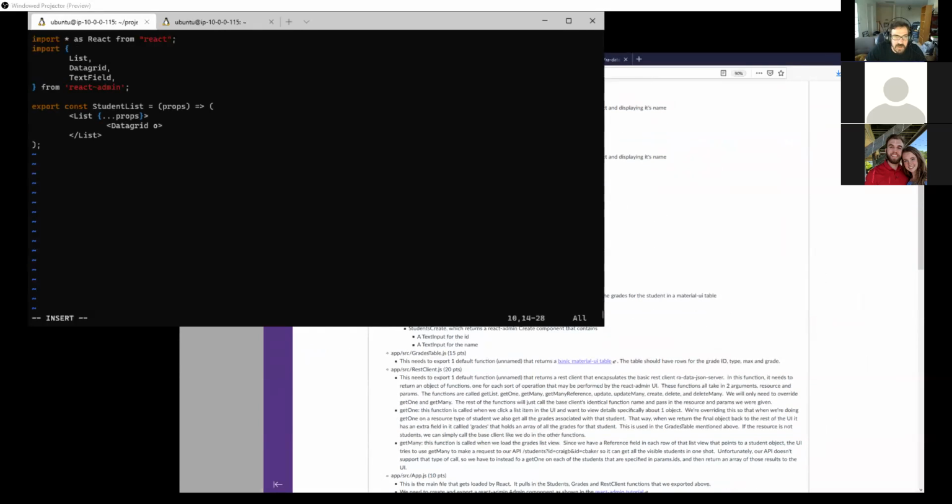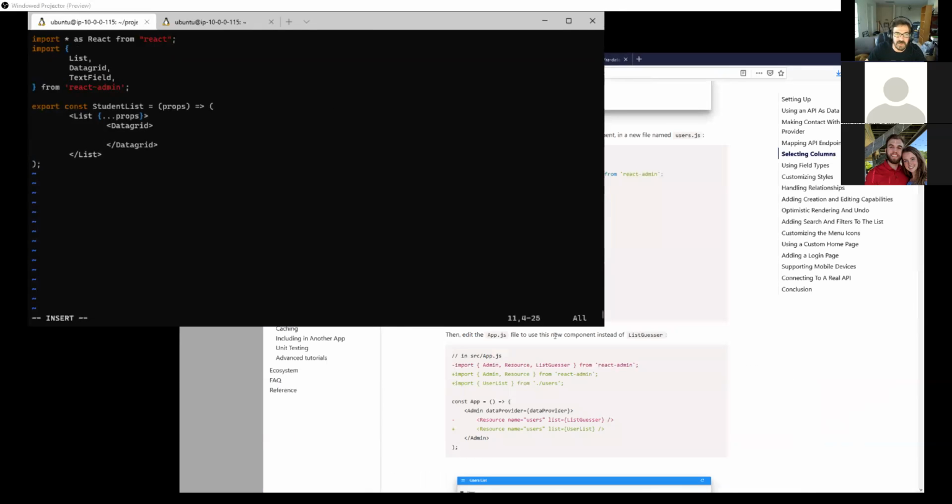Export a named function, StudentList, which returns a rack. I guess I didn't really say what it needs to do here, so we're just going to leave it as data grid. Okay, and inside here, the documentation, this React admin tutorial that we're following, says we can now put our text